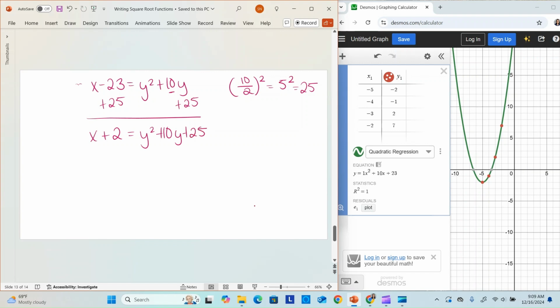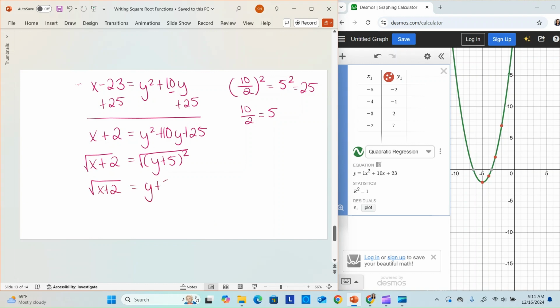Remember, I need to take that b, which is 10, divided by 2, and that equals 5. So when I write this as a perfect square, I'm going to write this as y plus 5 squared. Y plus 5 squared is equal to y squared plus 10y plus 25. And then on the left side, I still have x plus 2. Now that my y is only in one place, I can go ahead and solve for y. I'm going to start off by taking the square root of both sides. So when I take the square root of both sides, I get the square root of x plus 2 equals